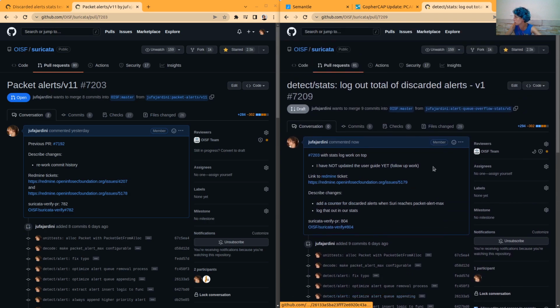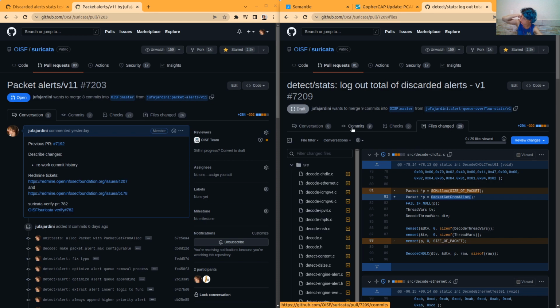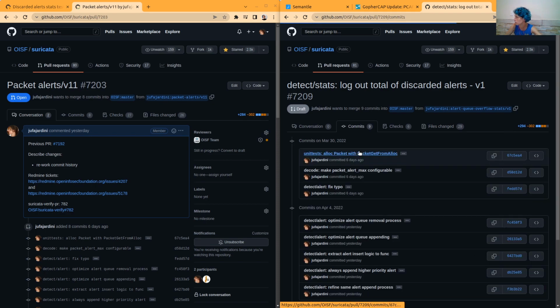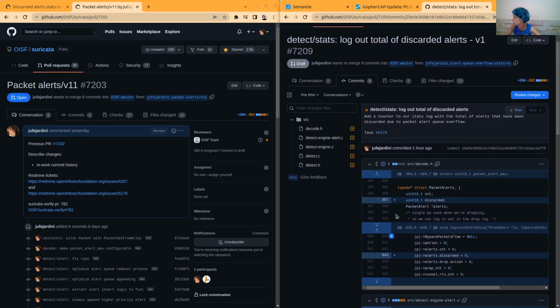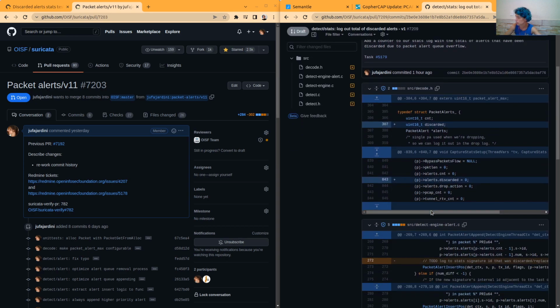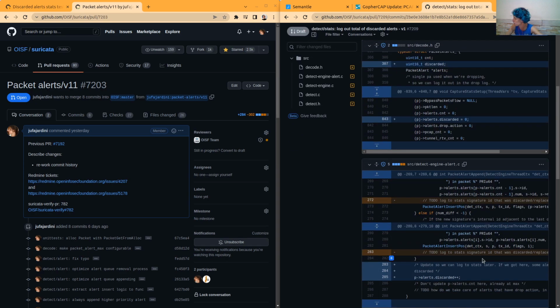And now let's check the files. No, let's do it differently. I think it's easier if I go to commits, and then I check it here. And in this case, I only have it in one place.